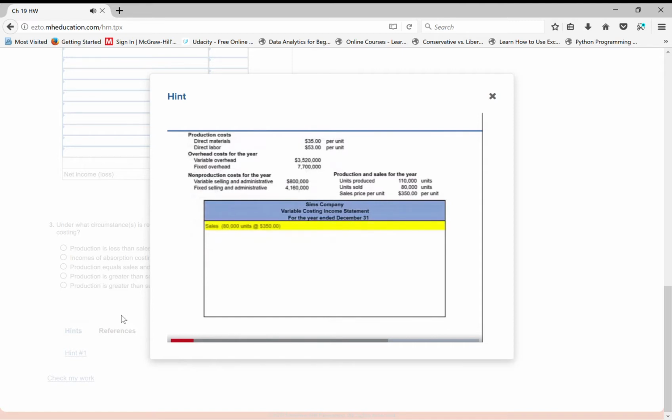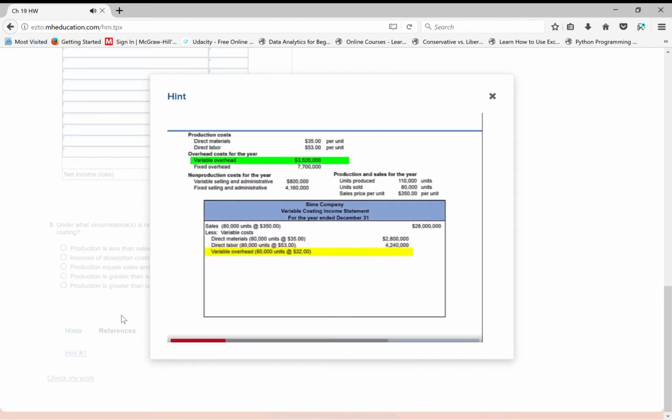Prepare an income statement for the company using variable costing. The income statement begins with sales, 80,000 units sold at $350 per unit, $28 million. We subtract all variable costs. Direct materials, 80,000 units at $35 per unit, $2,800,000. Direct labor, 80,000 units at $53 per unit,